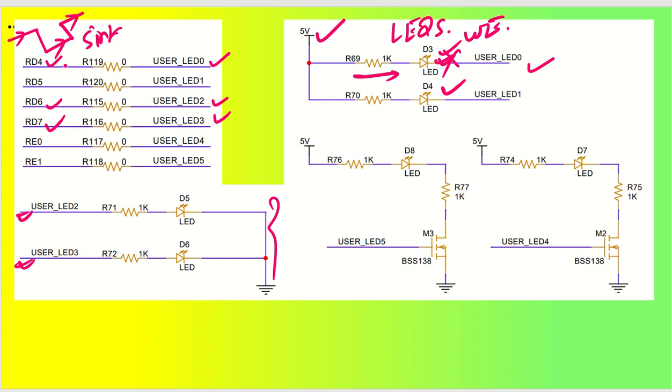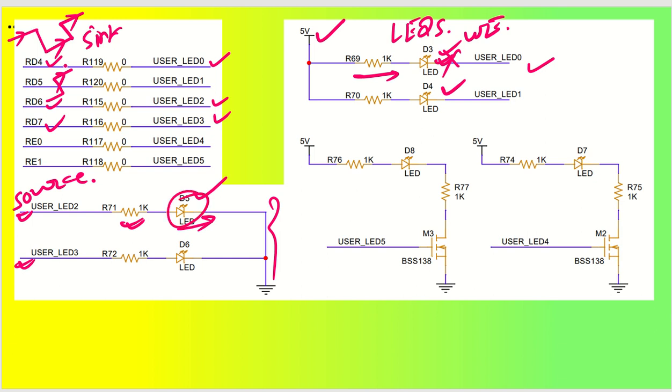Now whenever RD6 goes high, this LED will start glowing. So here my microcontroller pin is acting as a source. Understood? So this is another method to make sure this is happening. One more thing, while connecting the resistance values, what you have to understand is what is the drop of this